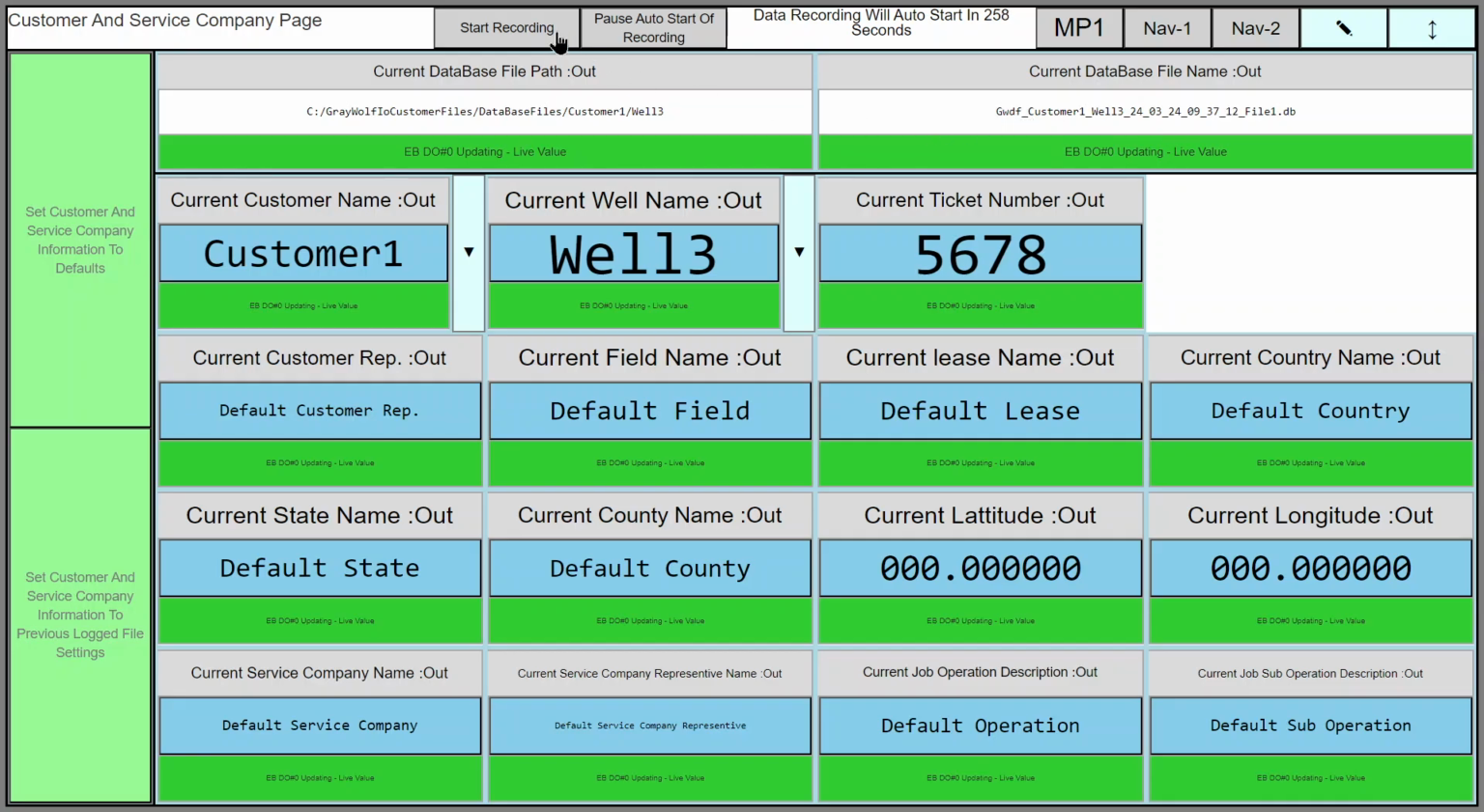So if we actually started a recording at this point, notice that this changed, and now it's saying how many data points are being recorded or have been recorded so far. And we can actually, hang on a second, I'm going to open up